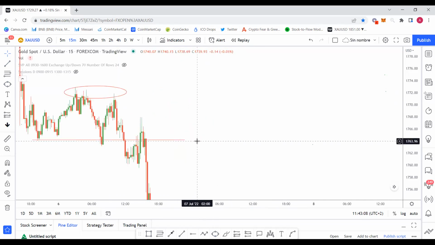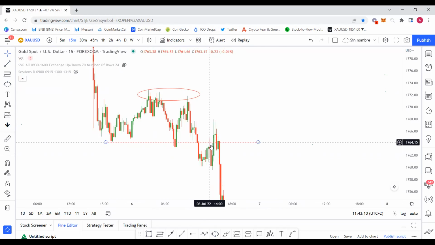Most retail traders are entering their sells here. You see these rejection candles. This is called a false inducement. This is tricking people to enter before time. Most of the people are entering here, price goes down, they load more, price goes up, they load more. They have their stop losses above this high. Then what happens? They all get stopped out.